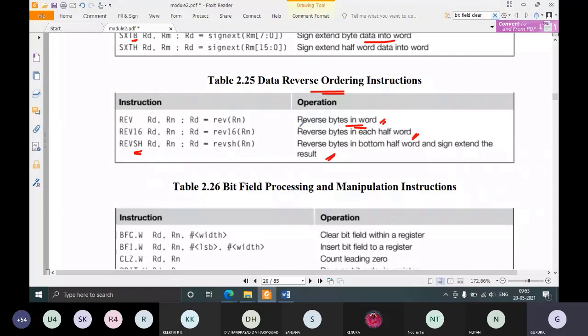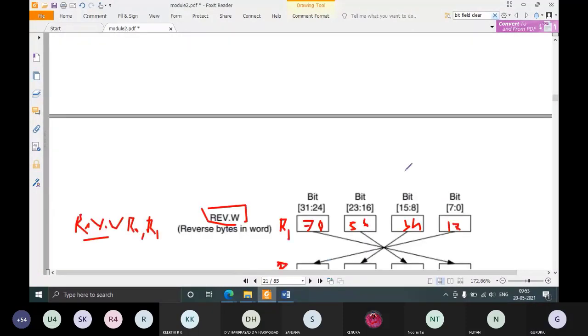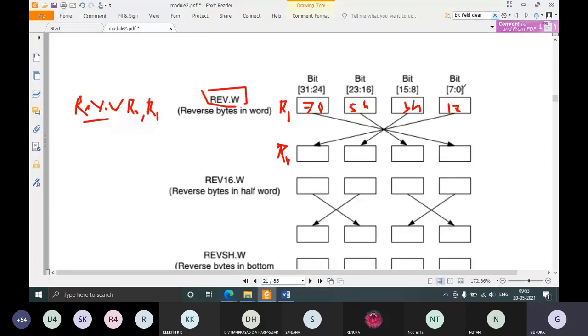See the description: reverse the bytes in the word. The byte 0 to 7, the least significant byte, which is 78, will come to the most significant byte, as the arrow shows. Then the most significant byte, 12, will come to the least significant byte.